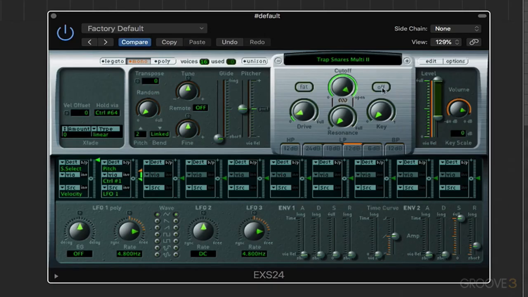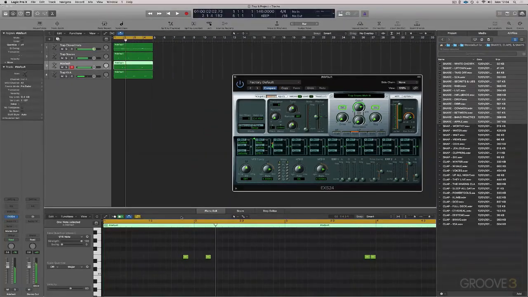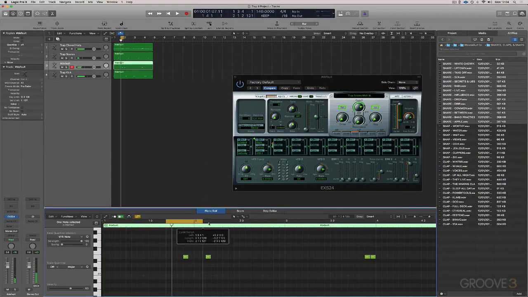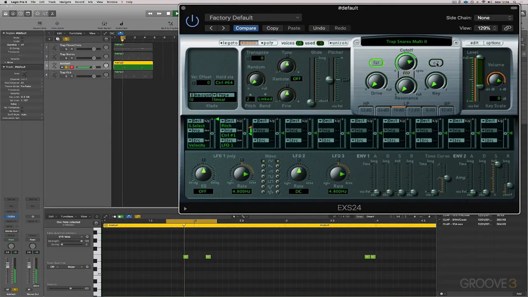So I'm going to try the filter first. I'm going to turn it on, and I'm going to choose an 18 decibel filter, and I'm going to turn on fat. So as it pulls it down, it boosts the volume a little bit, which is quite nice. Let's take that drive off. Now let's just loop around these and hear them soloed. So with that,